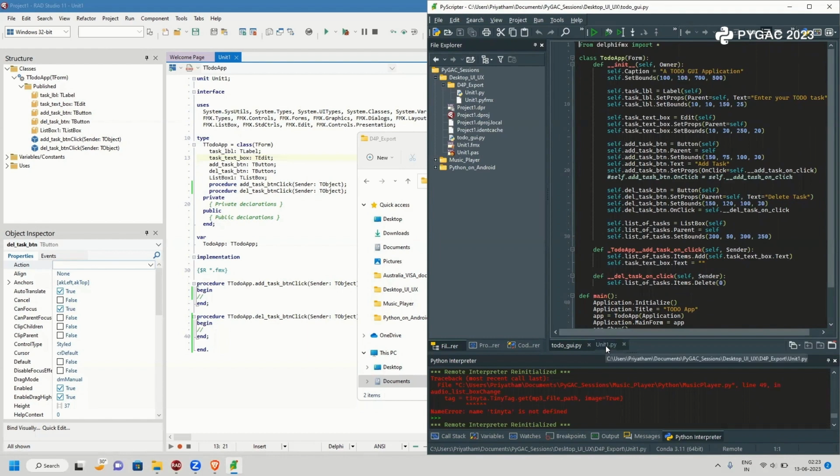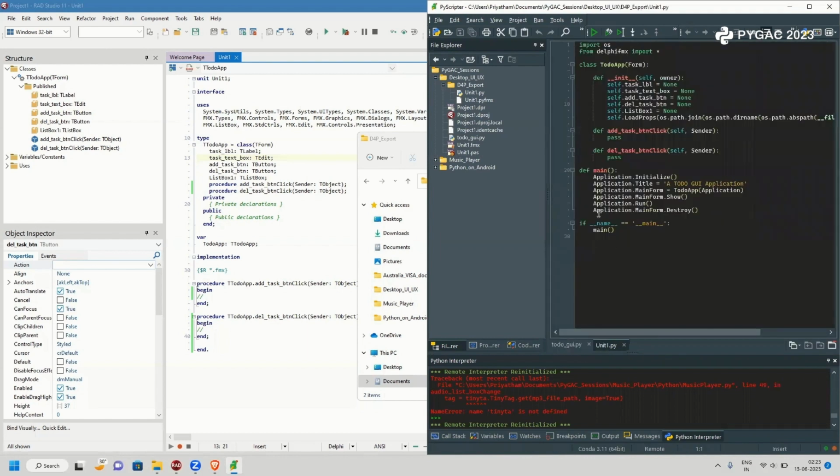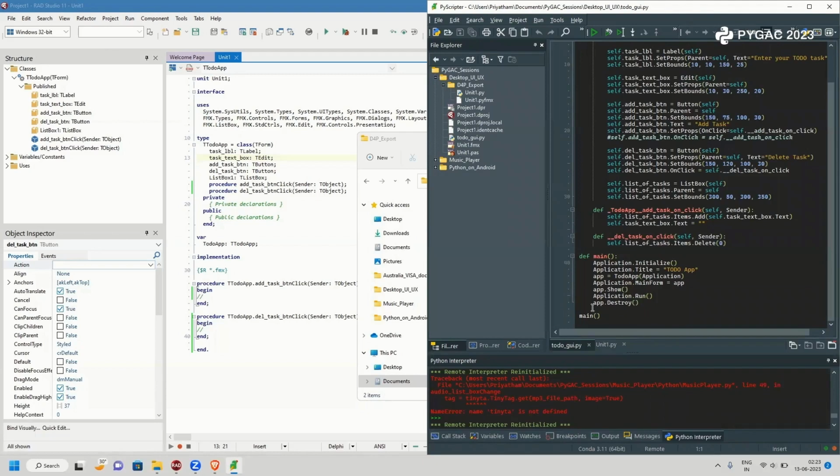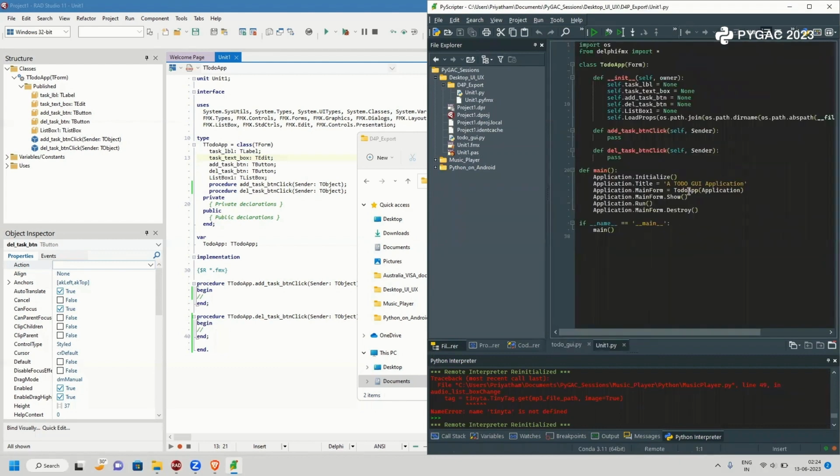There is a little difference over here: it has the main function which gets fired over here, similar to over here, and the to-do app gets instantiated with the application. To-do app is only the form's name, so to-do app gets instantiated with the class of the to-do app,